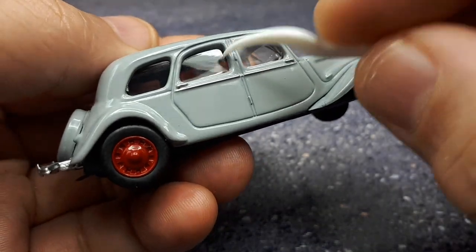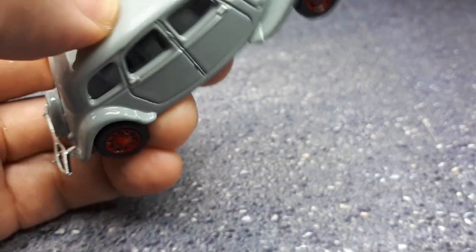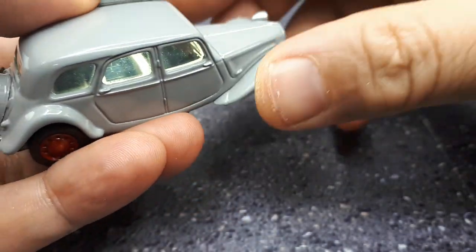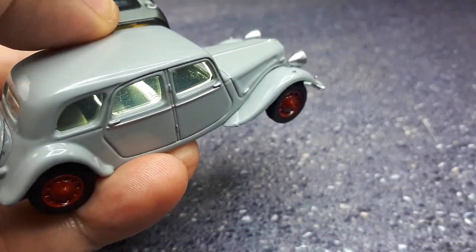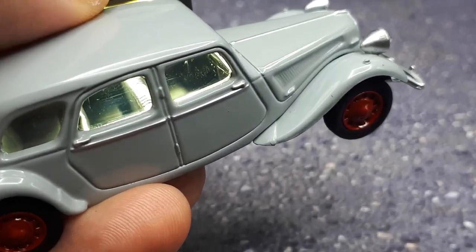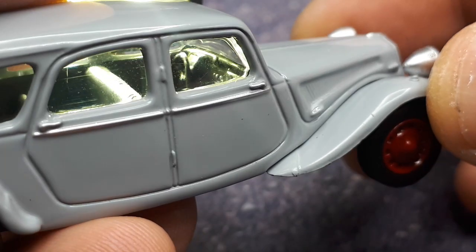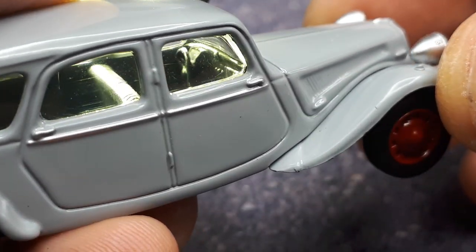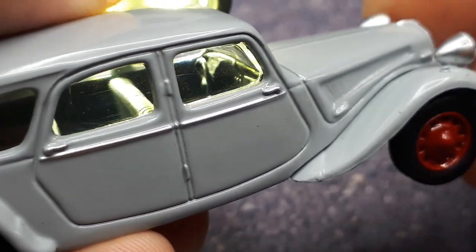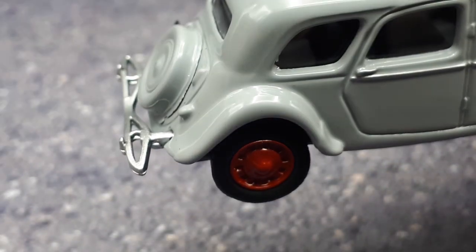Alright, what about the side? Well, there's glass in all windows, and I think it's a black interior. Let me get the flashlight. Let's see. Yeah, okay. Well, it's got ribbing on the seats. So there's actually 3 rows of seats, it looks like. Maybe this is a limousine version? I don't know. Steering wheel there. I see some buttons. I don't see any indication of some sort of shifter, though, on the dashboard. Okay. Well, I guess it's alright. You know, Norev's models aren't very expensive, so...